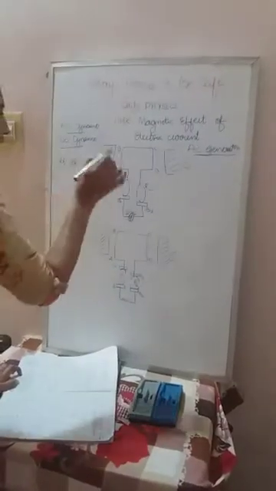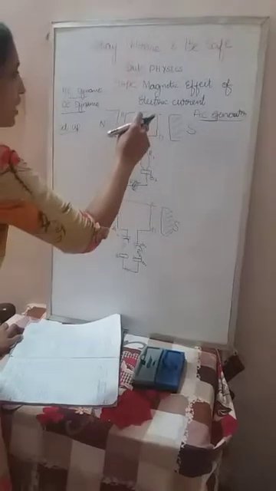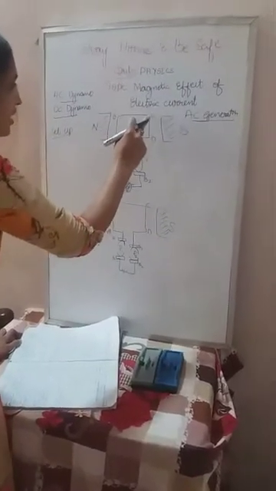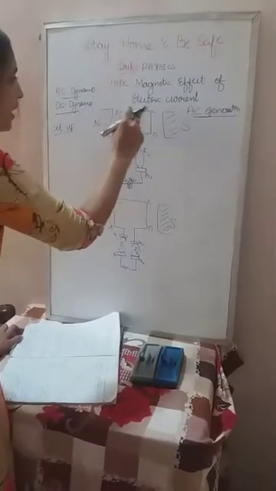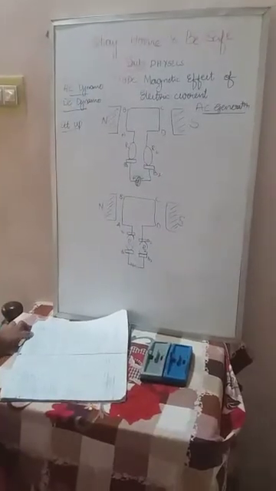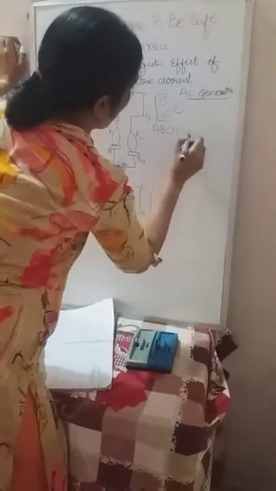Let us first know the setup of this diagram. Setup means how the equipment or things are arranged in a diagram or in the experiment. First, this AC generator consists of an ABCD rectangular coil. That ABCD rectangular coil is called the armature.